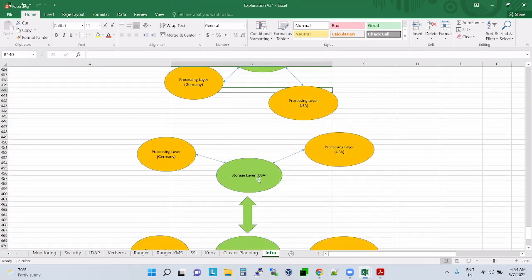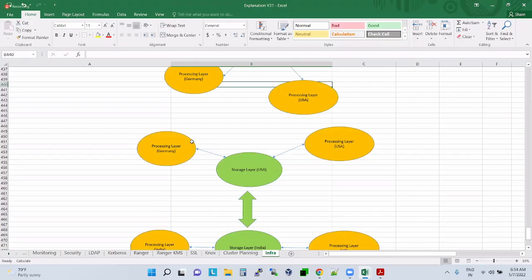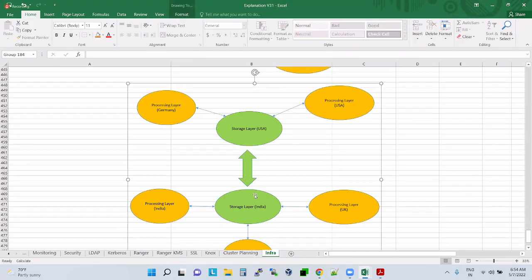So you will have two or multiple copies like this. From wherever you want, you can start your processing and start using the storage.